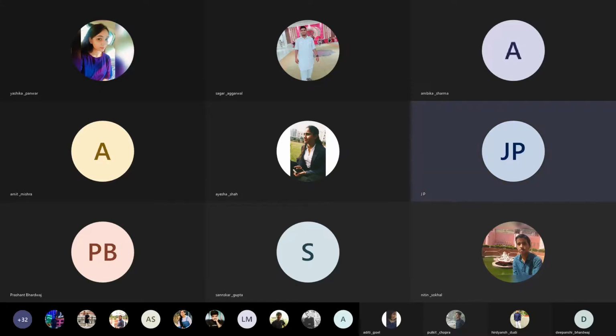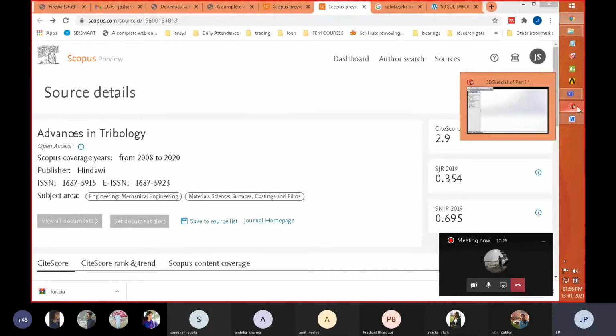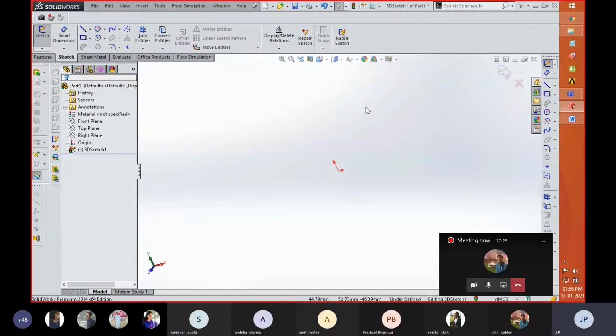and discuss the basic commands that we are using, which are related to the component. So this is the software which I'm going to use. This is SolidWorks 2014 version. If all of you need to practice this software, you need to download it, or any other 3D modeling software that you already have. So there is no necessity of downloading any such 3D modeling software.